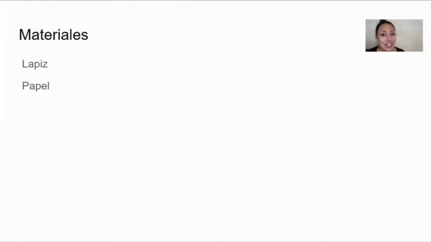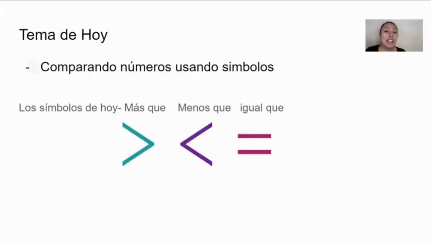¿Están listos? Cuando están listos pueden decir "estoy listo" en voz alta o en voz baja, o a tu hermano, tu hermana, mascota, quien sea. Pero tienen que decir listos. ¿Están listos? Perfecto, seguimos. El tema que vamos a cubrir en esta lección de hoy es sobre comparando números usando